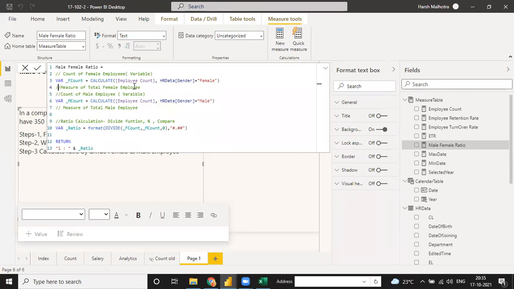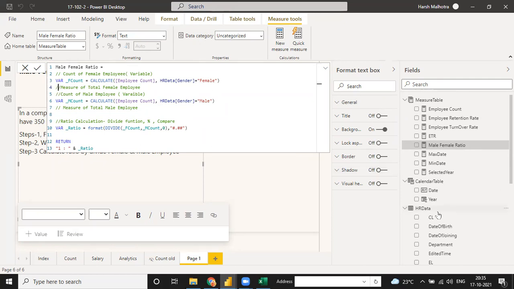Sometimes, male and female is just a part of our practice, because when you're working in a company, they did not ask you the total of male and female, you didn't know the count. So it will be a waste of time to calculate male and female separately, so for everything you have to calculate a variable. Variable impacts your formula in a very good way.